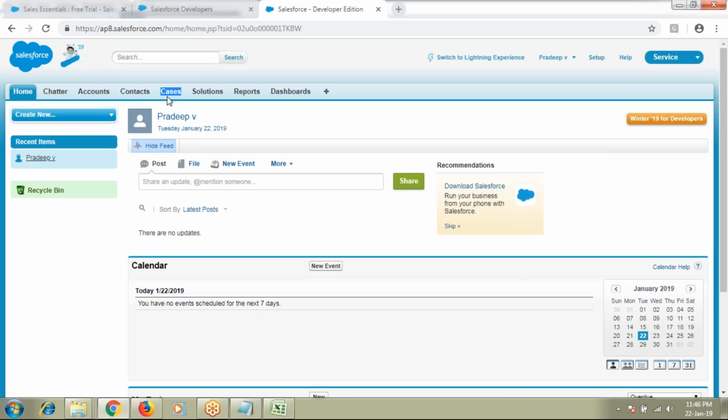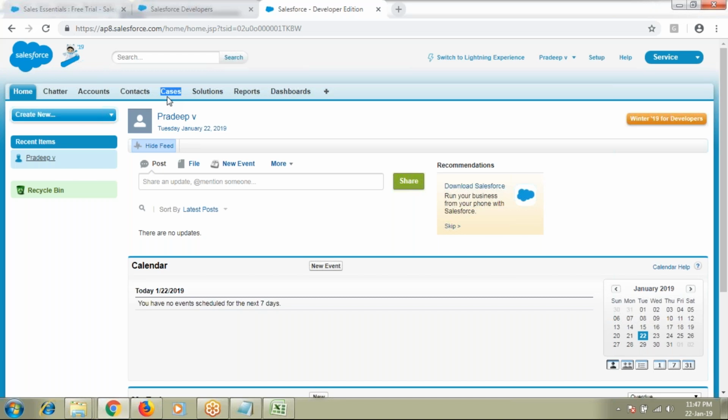I should call the customer care, and customer care will listen to my problem, and the customer care person will log a ticket, log a case on behalf of me. The moment he logs a ticket in their system, I will be getting an automated message or automated email.